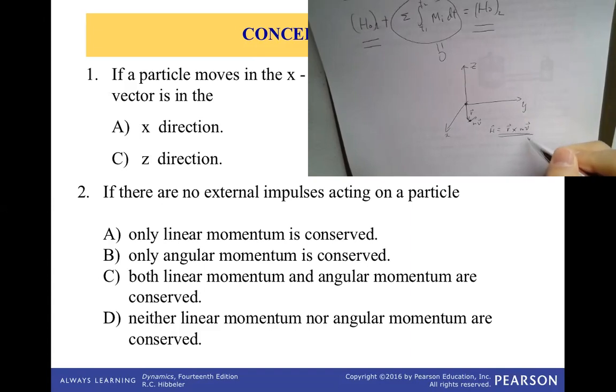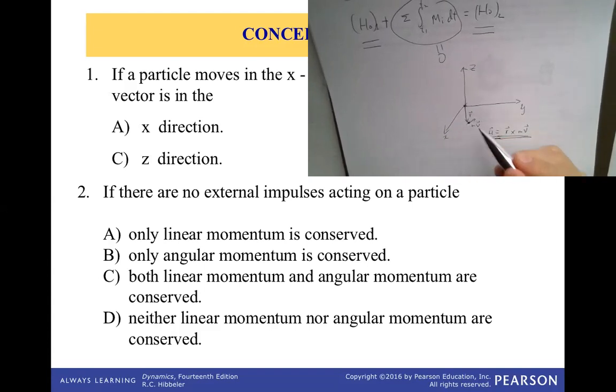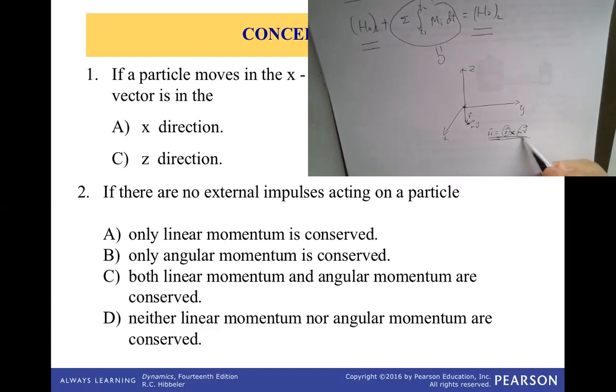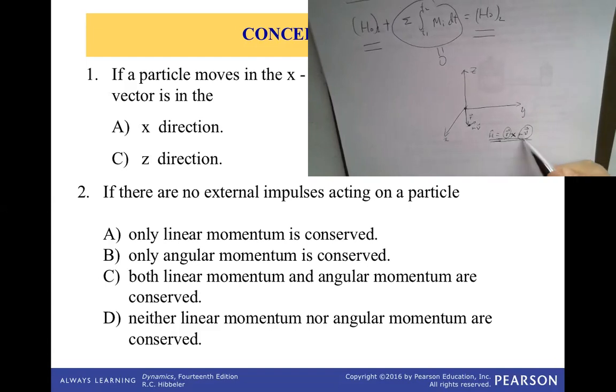Now, if you didn't learn vector multiplication, you want to click the last link that I had previously when we introduced this. You want to take a look there. Basically, you are going to apply the right hand rule here. If this is R and this is V, and you are doing the cross product, R is in the xy plane, and MV is also in the xy plane. So then the cross product of two vectors, the resultant vector, I should put the arrow like that.